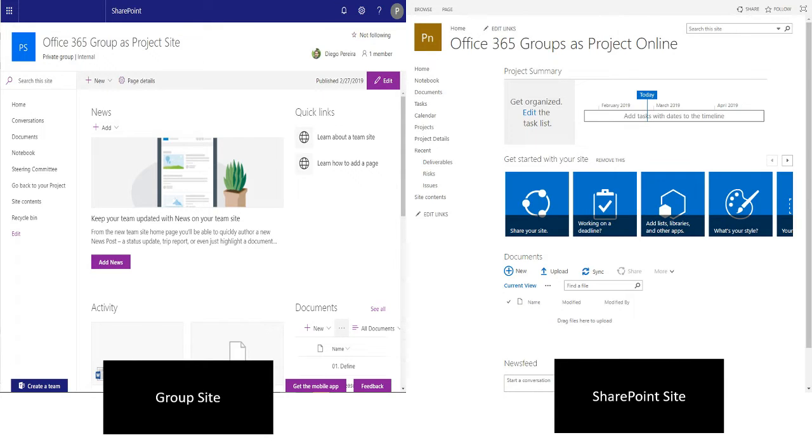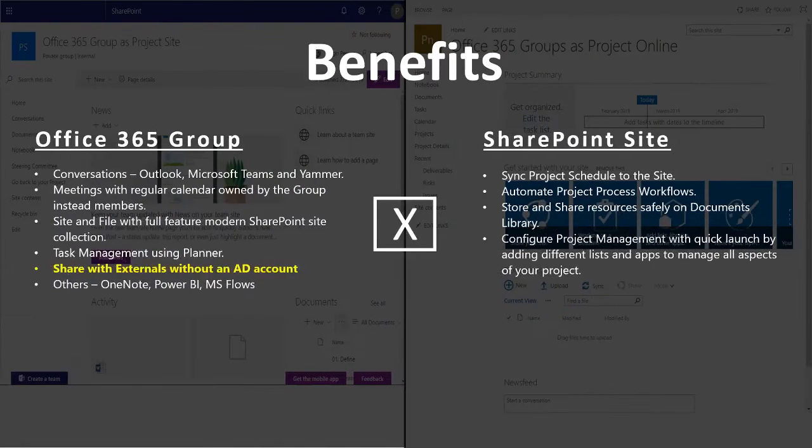They are quite the same, but then what is the benefit? On one hand, with the SharePoint site, you can sync the schedule and show the tasks from your plan there, so you can have the process workflow automated. You can control permissions on documents and libraries and everything. So it's pretty awesome. But on the other hand, with Office groups, you have conversations, OneNote, and a calendar for the group,